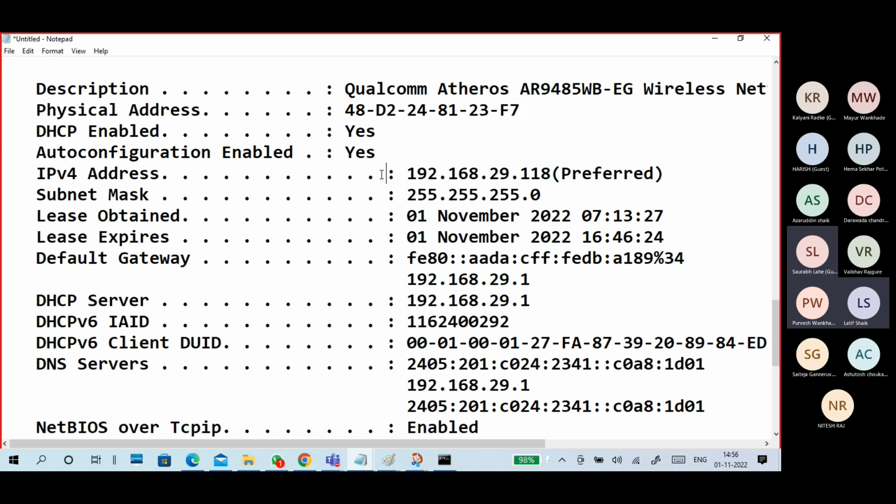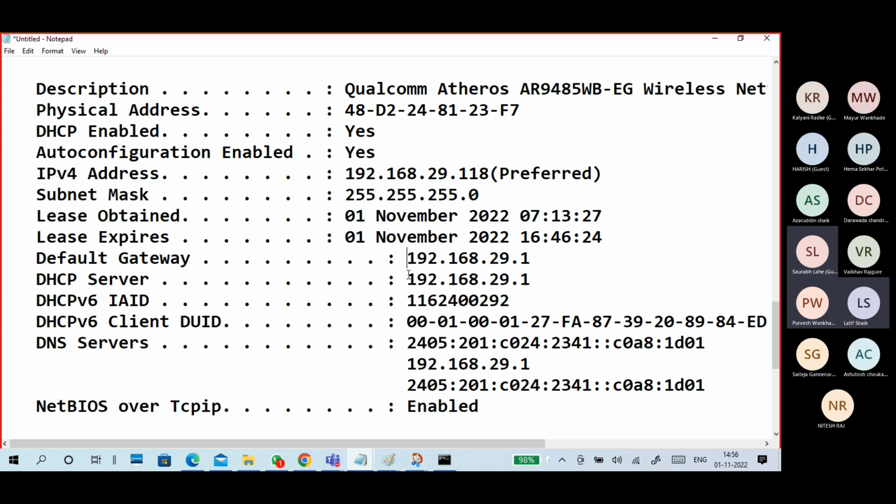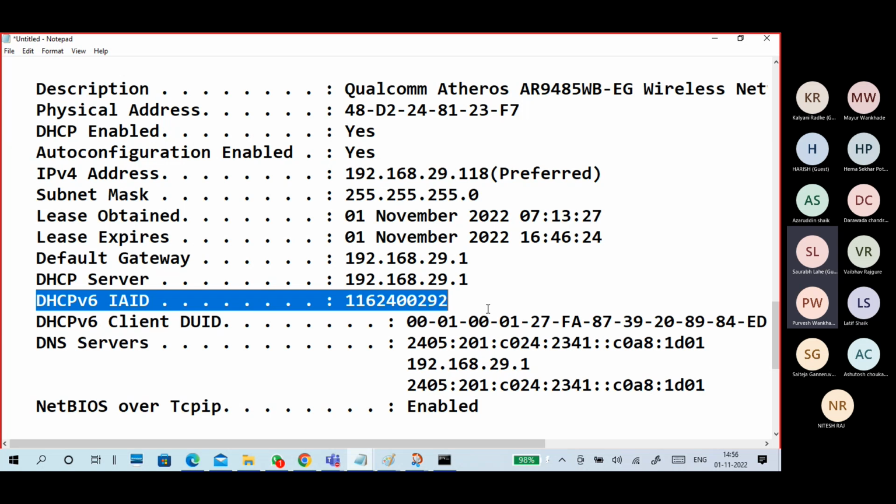DHCP enabled yes means you got this IP address from a DHCP server. In our homes, we don't have separate DHCP servers. But what we have are Wi-Fi routers. So our Wi-Fi router acts like a DHCP server, DNS server, or a